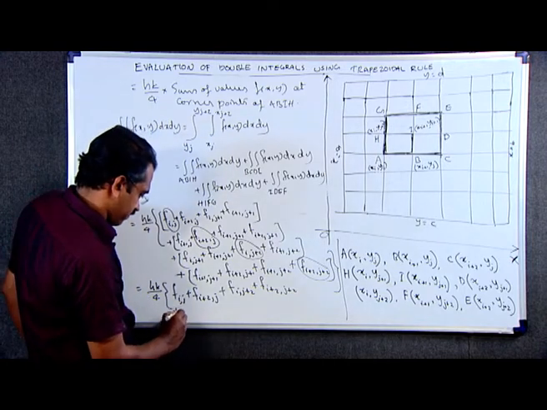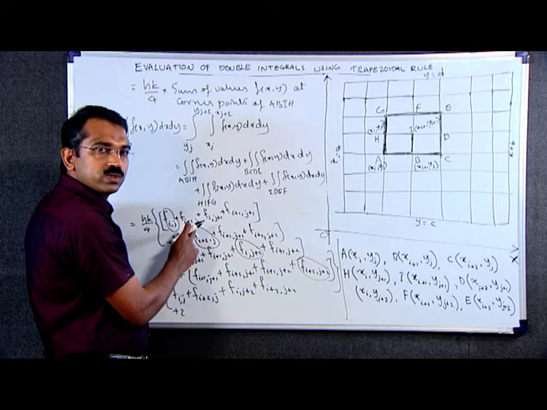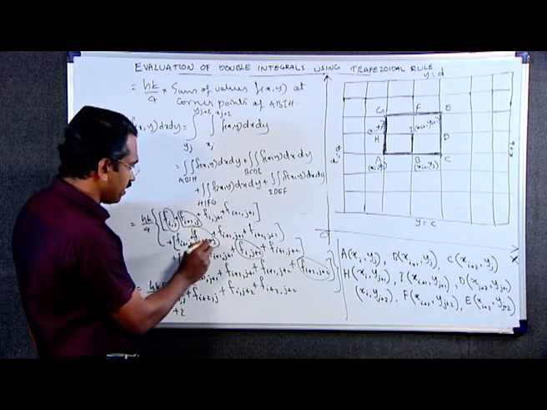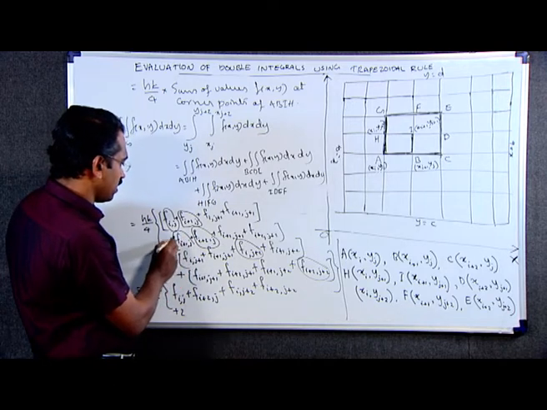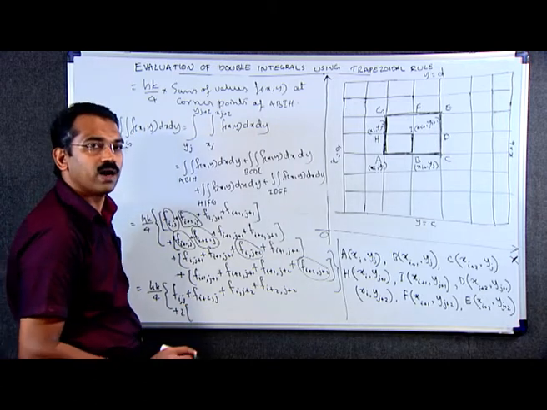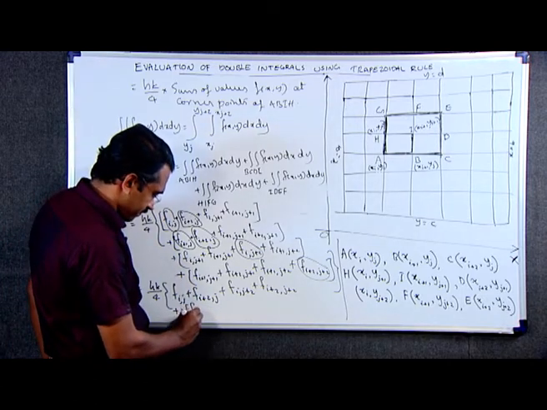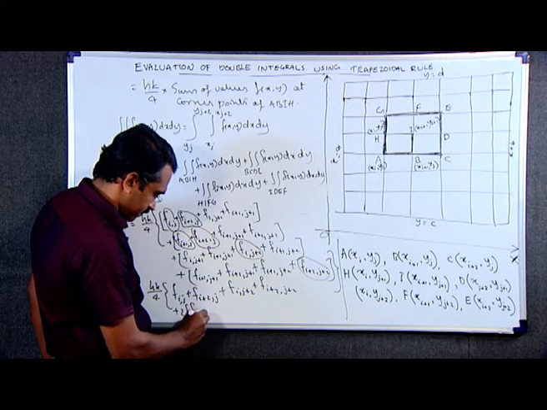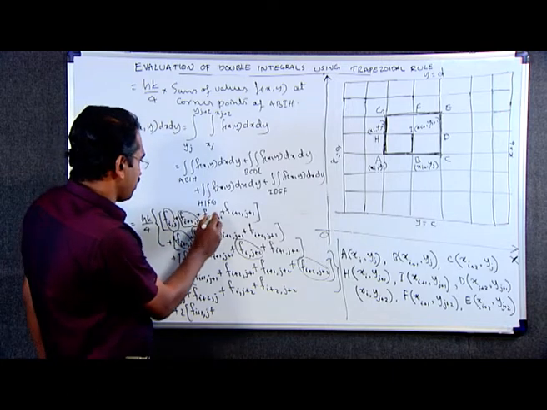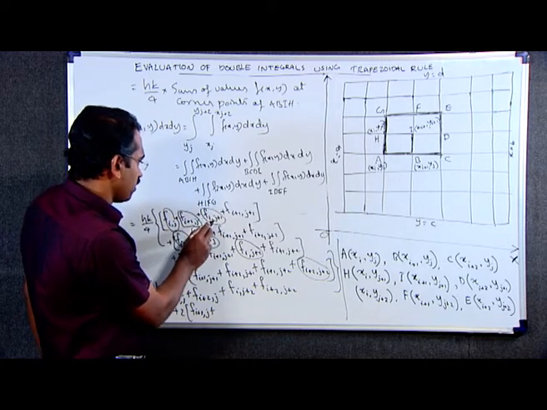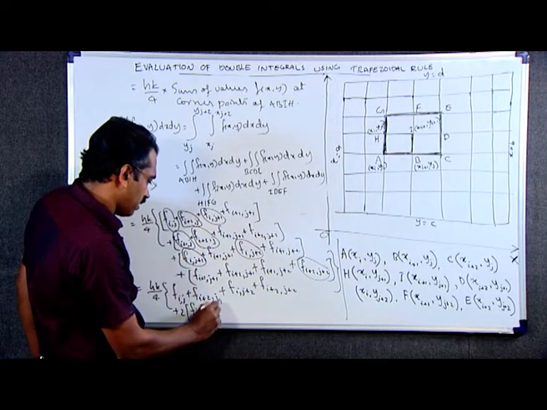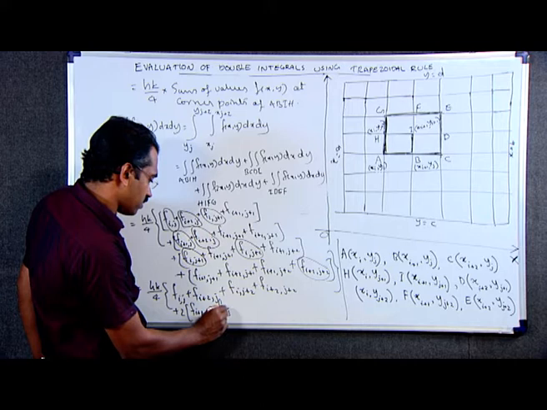Plus, here we can write 2 times f i plus 1 j, because here one f i plus 1 comma j and f i plus 1 comma j in this second term. Therefore, we can write 2 times f i plus 1 comma j plus 2 times f i j plus 1, f i j plus 1 here, and then f i j plus 1. Therefore, 2 times f i j plus 1